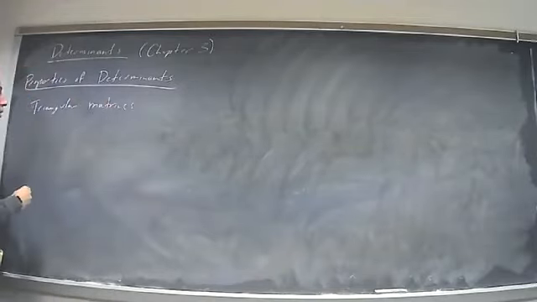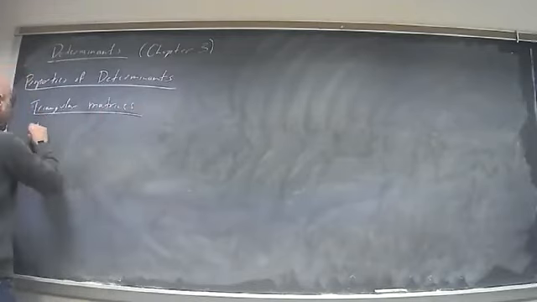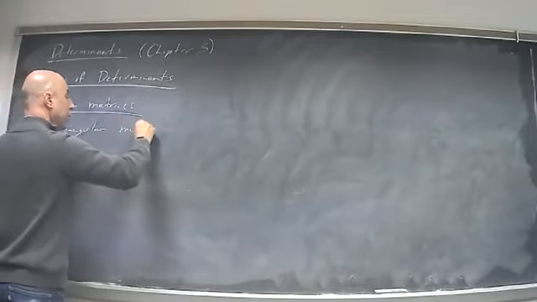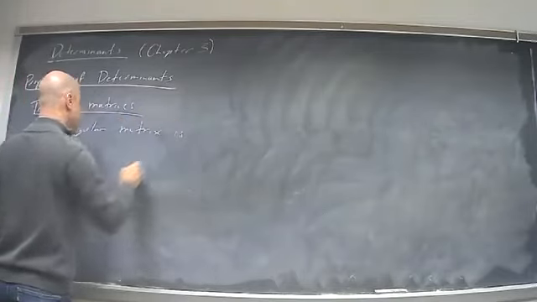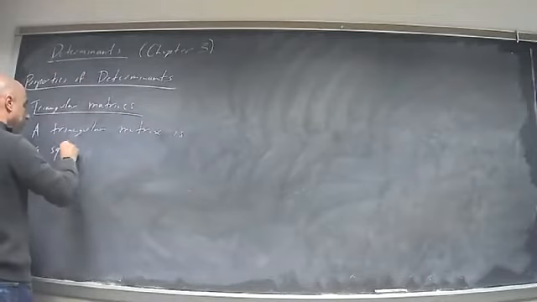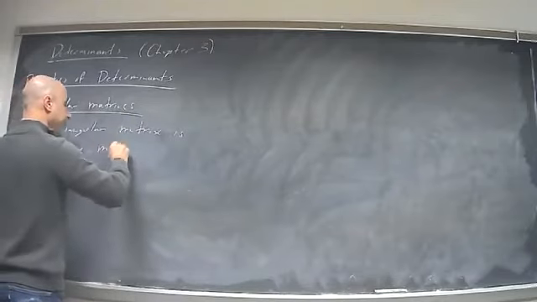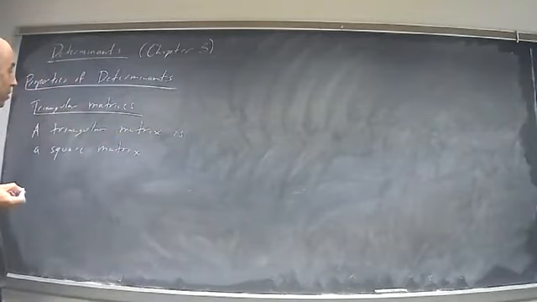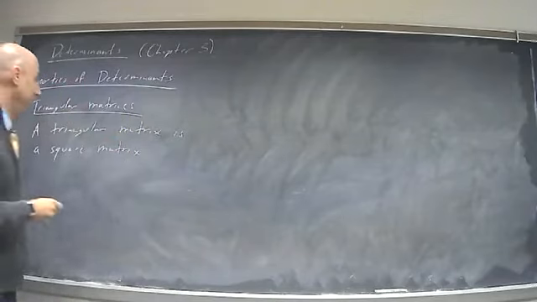So a triangular matrix is a square matrix which is either all zeros below the diagonal,